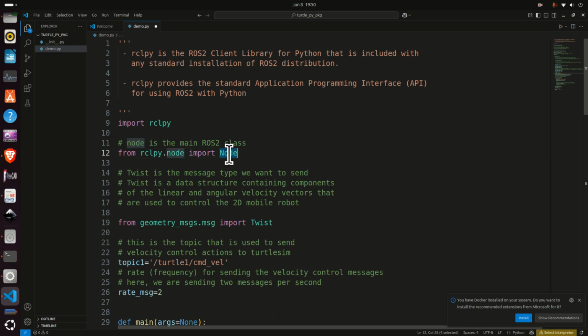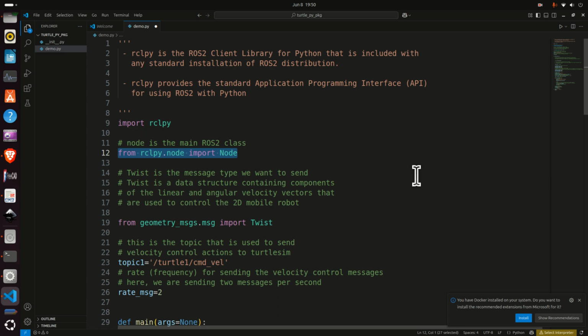Then we need to import the Node class. We do it over here. So what is a Node class? Node class is a basic building element of ROS2 programs. That is, everything is implemented in a Node class, or to be more precise, I cannot say everything. Most of the ROS2 functionality is implemented in a Node class. That is, to do something in a ROS2 world or in a ROS2 programming environment, you're going to instantiate an object of a Node class. You will most likely define a publisher, you will define a timer,